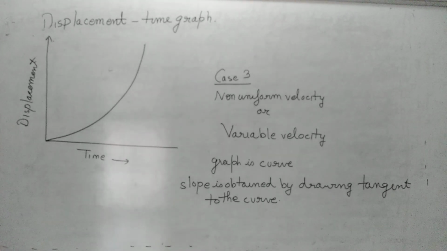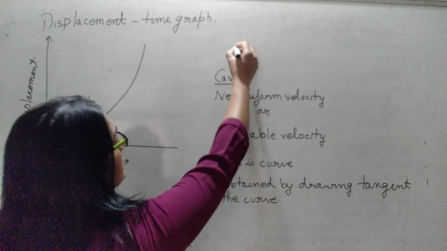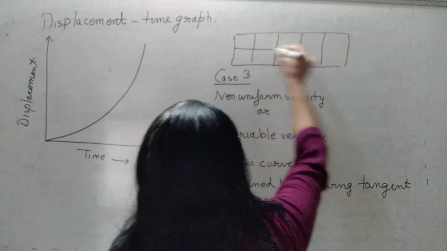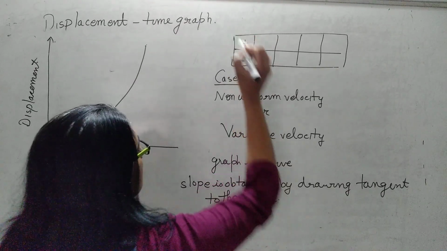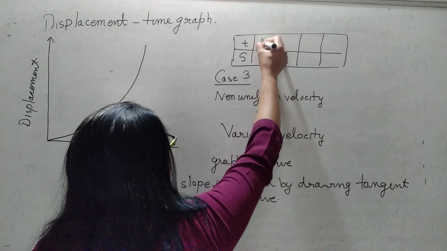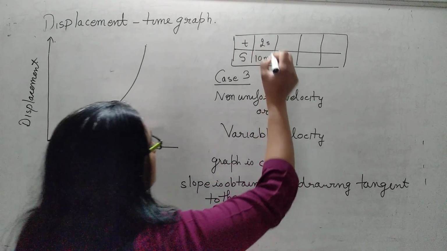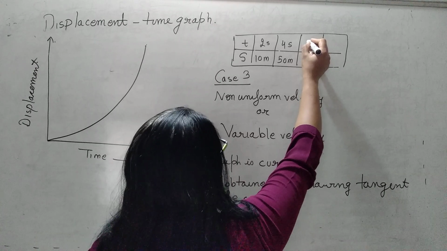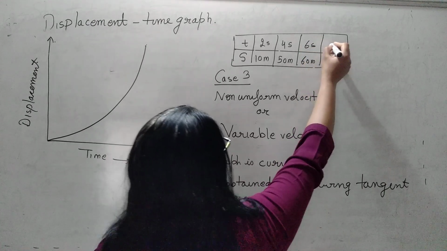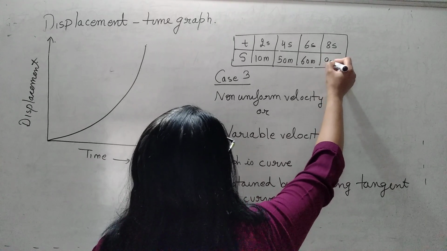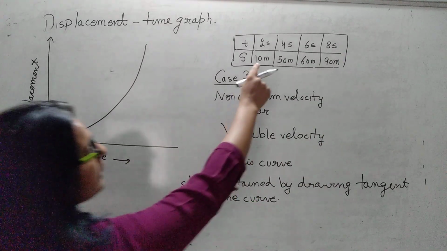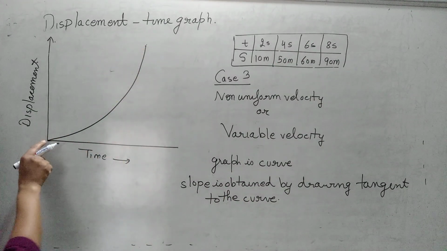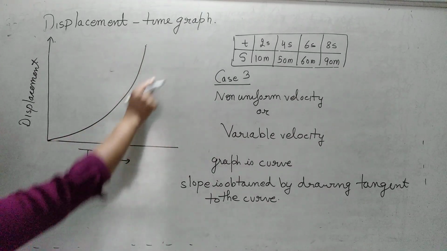Now let me explain what is variable velocity, although we have done it earlier, but if you want we can clarify it more. Variable velocity means like when the time is 2 seconds, the distance covered was 10 meter. When the time was 4 seconds, the distance covered was 50 meter. When the time was 6 seconds, let us suppose 60 meter. When it is 8 seconds, it is equal to 90 meter. So what we are finding, unequal distances in equal intervals of time, when you will plot them, you will not get a straight line. You will get a curve.